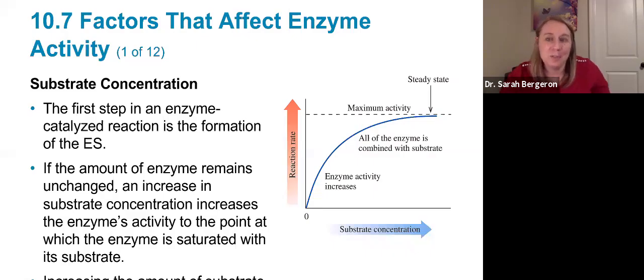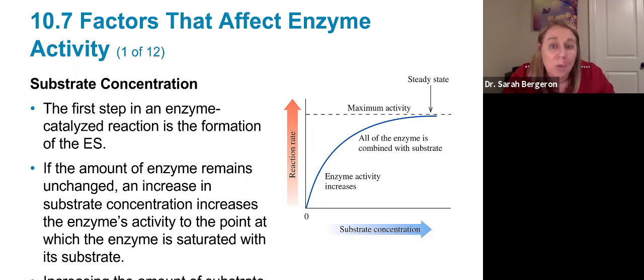We are on chapter 10, section 7, last one. So we know enzymes are amazing things that help us speed up our chemical reactions in our bodies so that we can actually function. But there are lots of different things that can affect enzyme activity. And so what we're going to do today is talk about those different things that will affect